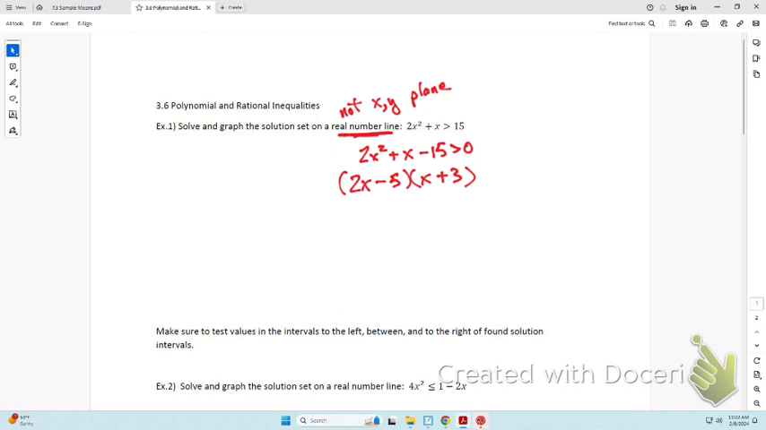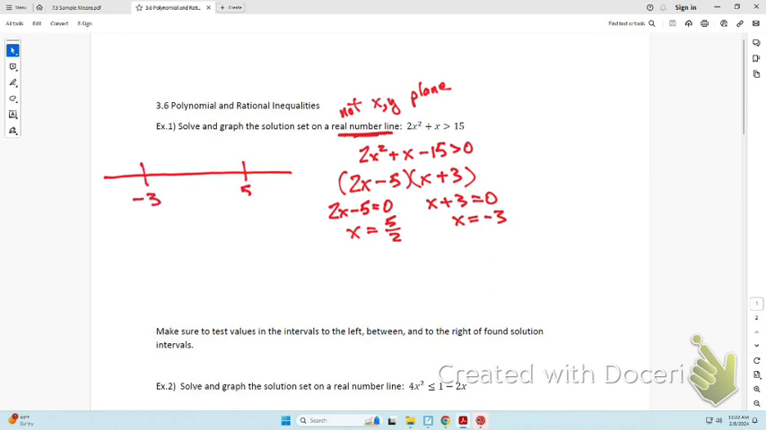So you set each equal to 0. And you get 5 halves and negative 3. But you're not done yet, because we have a greater than. So we go to the number line, and we know that we have 2 spots of interest. And what you need to do is plug in values to determine